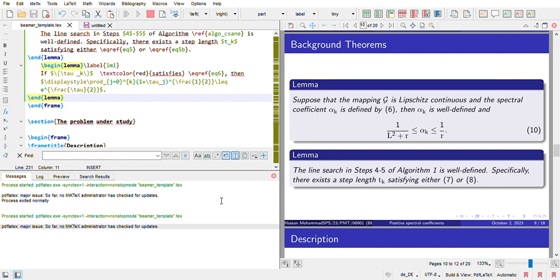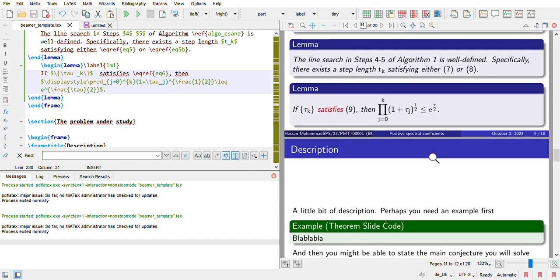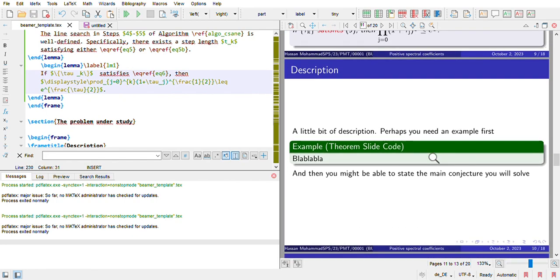Already 13 minutes. Okay, there's text color here. I have to remove it. That's satisfied. It's coming in red. Let me just remove it. So you see 3 lemmas now. I put them all in one slide. So the next slide, which is slide 10, after it we have only one slide remaining,